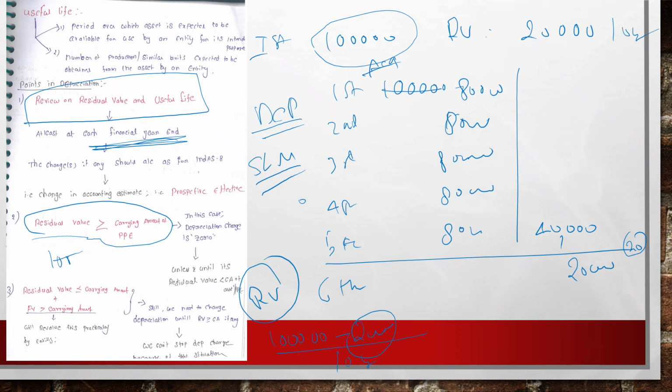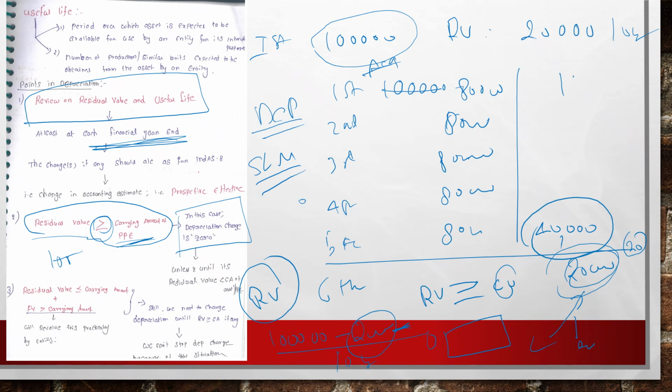Okay. Then your depreciation is zero. In that case, if your residual value is greater than or equal to your carrying amount, the depreciation charge should be zero, because you are able to recover that amount, this 20,000, at the end of the 10th year, because you revalued your asset in the sixth year. Then at that revaluation amount you are able to recover it in the residual value. In any case, if your residual value is greater than or equal to your carrying value, is 40,000,